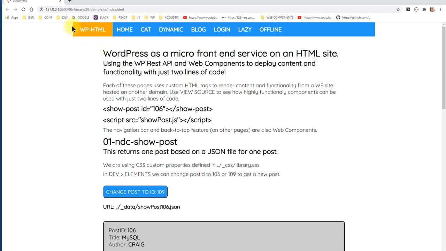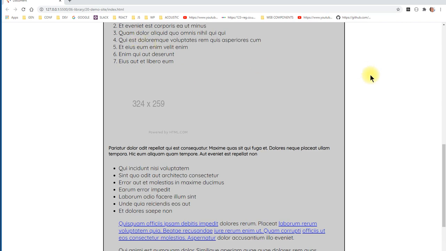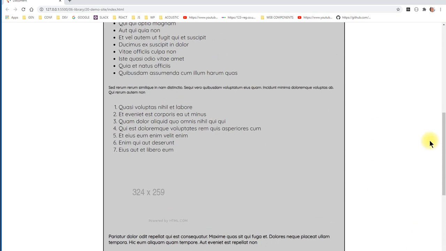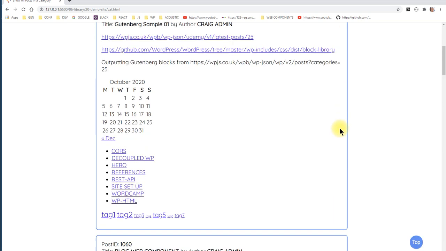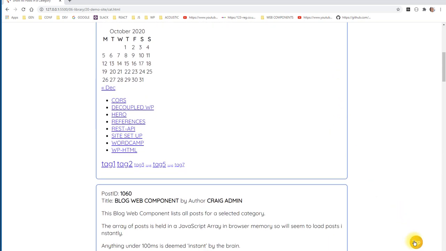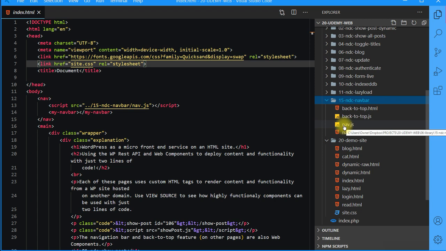we will actually see that this nav bar and the scroll to top, there we see it down there, these are actually web components, and the way I made those is if we go into navbar, for example nav.js,